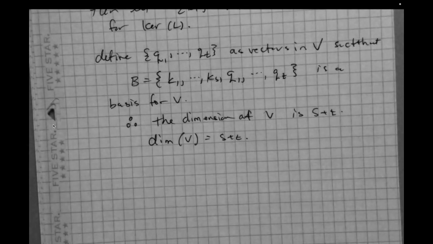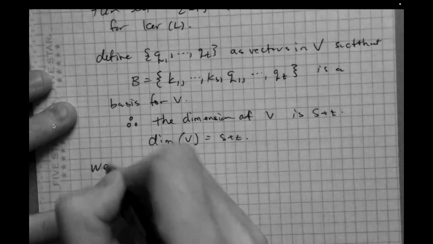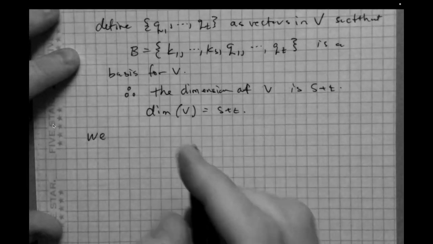All right. So we've got this basis, the set of basis vectors K1 through Ks, union Q1 through Qt. And so what we're saying is the dimension of V is S plus T, and we know that the dimension of the kernel is T. And so what we need to really see is, what does this S come from? Here's where things can get a little tricky. So we're going to claim